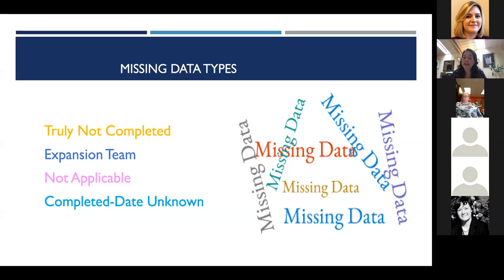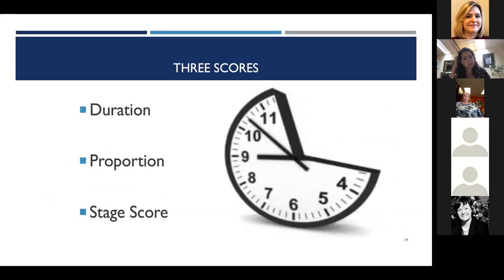And then we also have activities where we know that they were done. We've been working with that organization. We know that clinic did that, but we just don't know when it happened. We still want to give them credit for doing that. And so we would say that the activity was completed, but the date itself was not known. And remember, the SIG is a date-driven measure. So there are 3 scores. There's the duration score: how long does it take to do these activities? The proportion score: what proportion of recommended activities actually are completed? And then there's the stage score: how far in this implementation process do different organizations get?